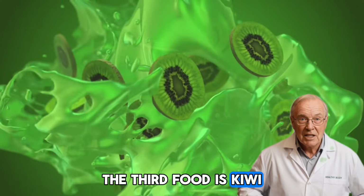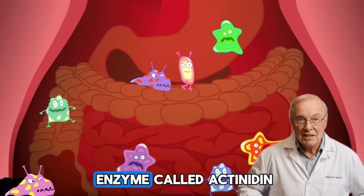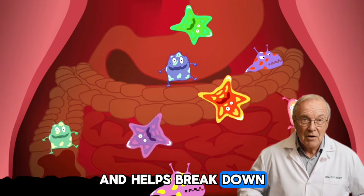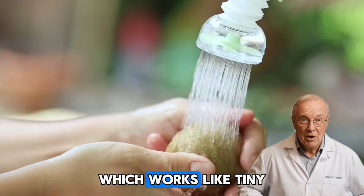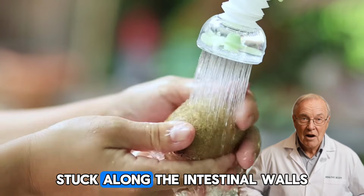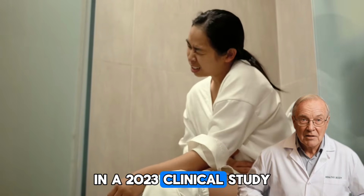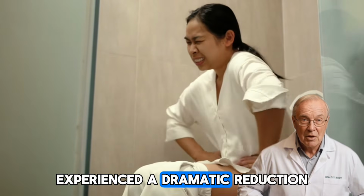The third food is kiwi, and this one surprises a lot of people. Kiwi contains a special enzyme called actinidin, which speeds up digestion and helps break down proteins more efficiently. It's also rich in insoluble fiber, which works like tiny scrubbing brushes, helping remove stubborn waste stuck along the intestinal walls. In a 2023 clinical study, people who ate 2 kiwis a day for 4 weeks experienced a dramatic reduction